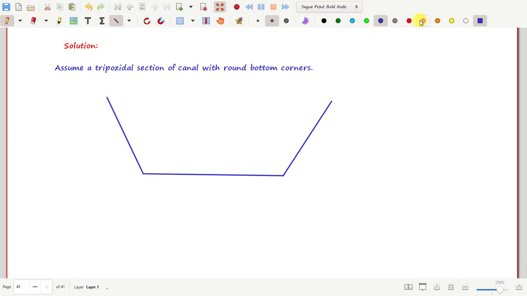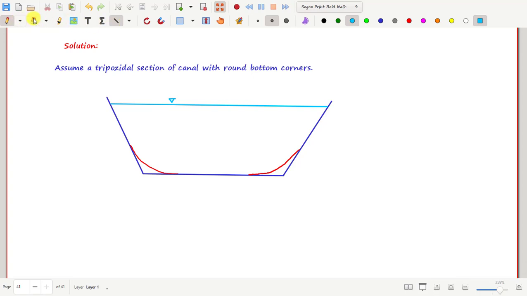This one, and its corners are going to be round, something like this. Corners are going to be round. Okay, and then this is its full supply level. This is full supply level. Okay,